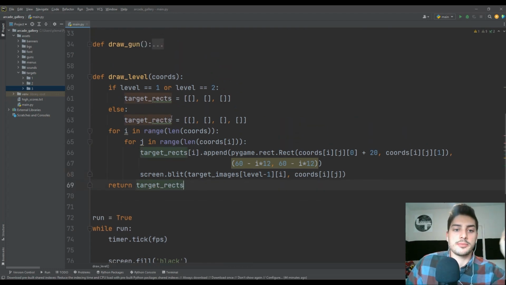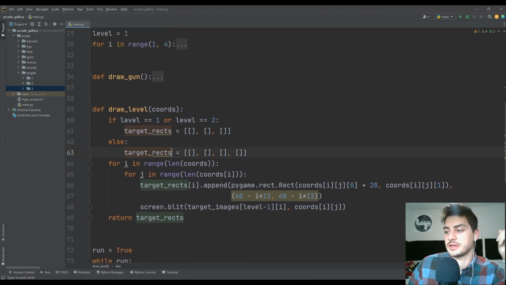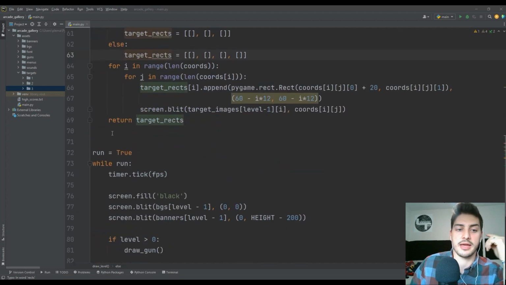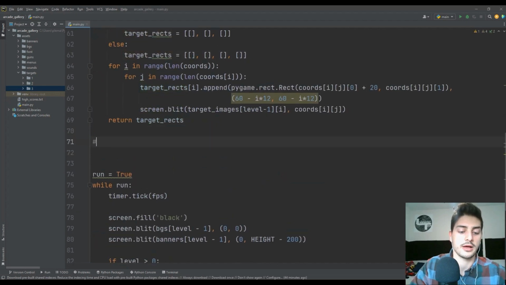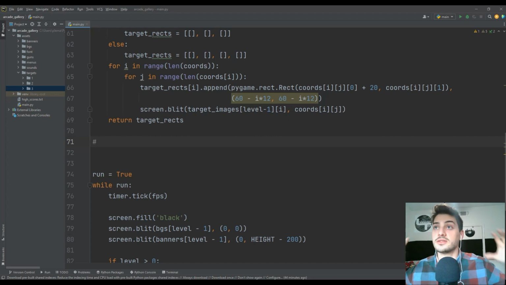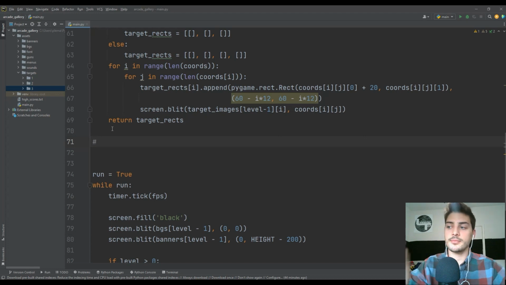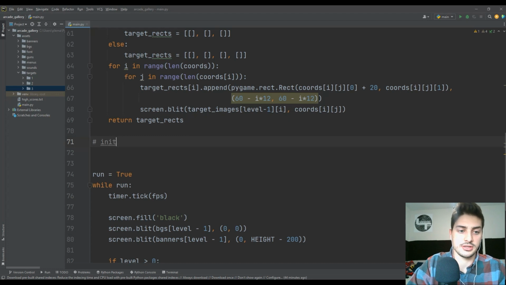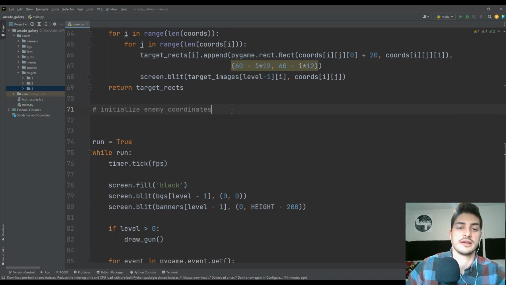All right, so I know I probably confused a few of you guys. I briefly confused myself there. We need to talk about initializing these coordinates. So let's come right before the while loop. We don't want to do this every single iteration of the loop because we really just need to generate the starting positions of all our enemies, and then we'll move them throughout the game, but we don't want to reinitialize the positions. Okay, so let's just say initialize enemy coordinates,